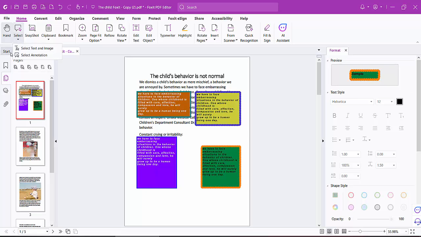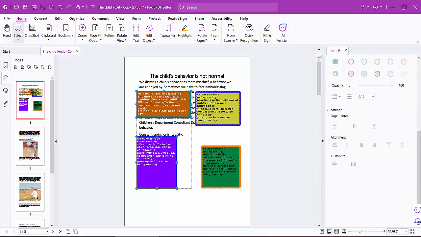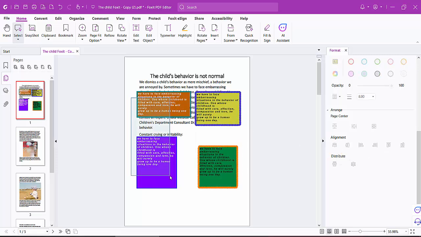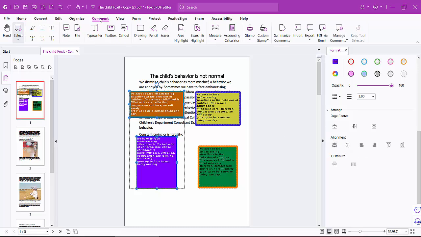arrow and select your annotation option, and drag your mouse cursor, select your text boxes to align, and this right sidebar. Here you will find this vertically align option. Here also you will find this vertically align option and see this comment option and drag your mouse cursor and